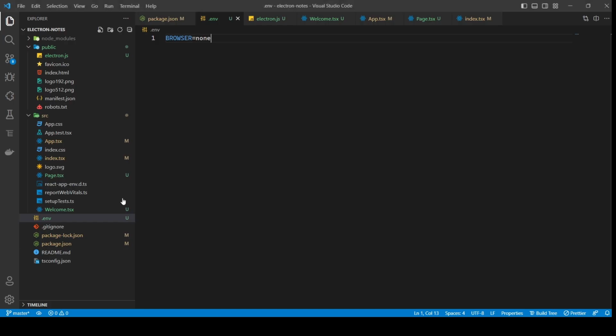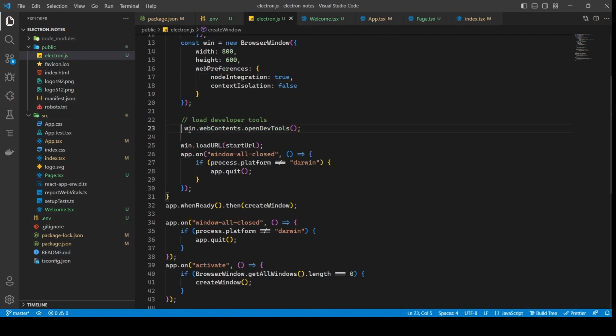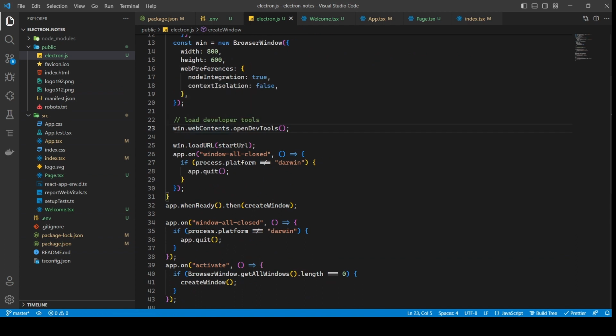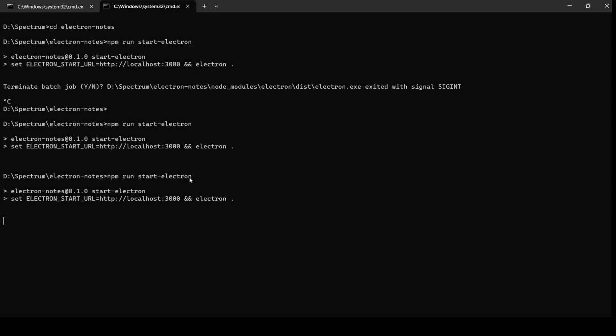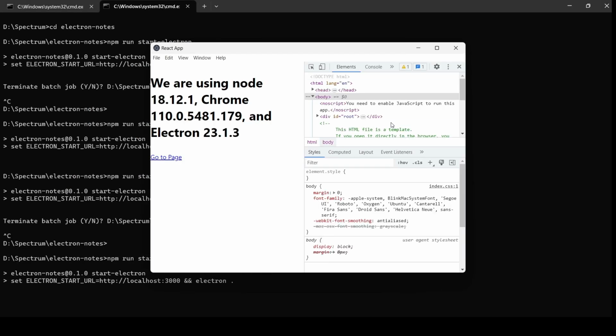And again, if we want to turn on our developer tool, then simply what we can do is just press Control C, run it again, and the developer tool is